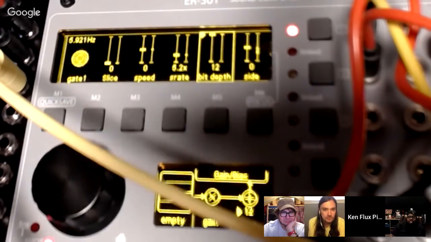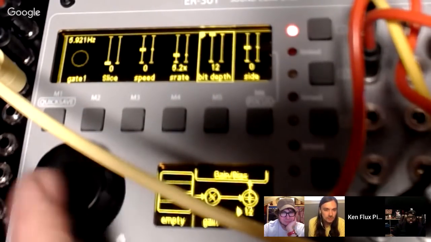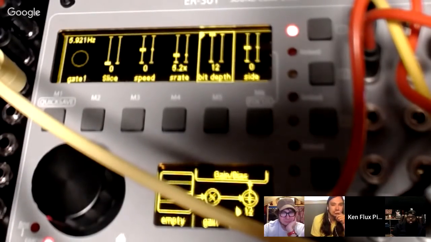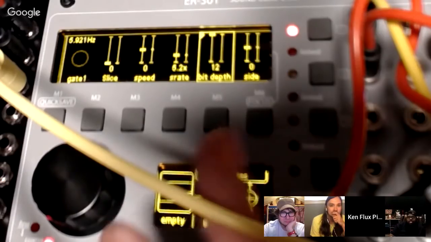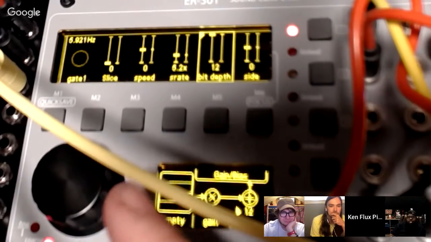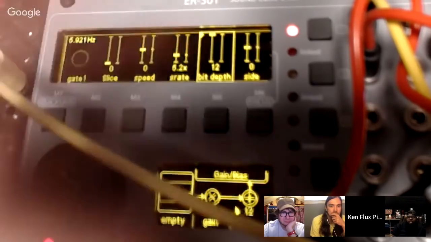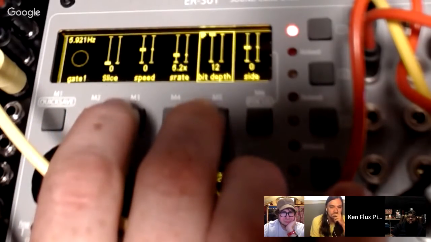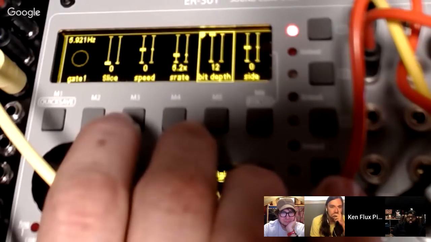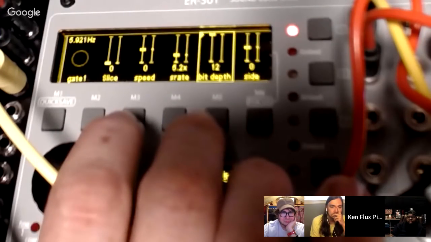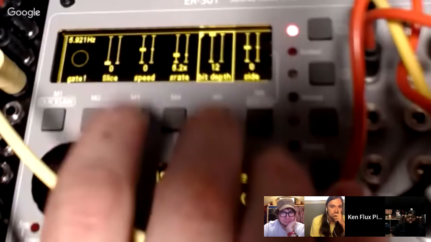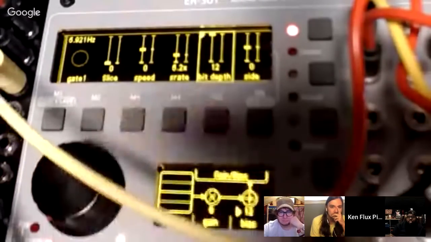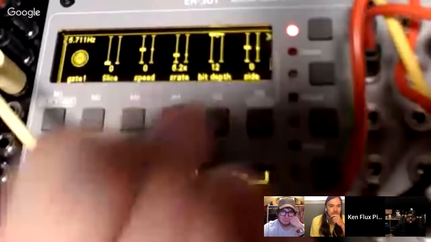And a nice thing about this is in the 301, you can choose what sort of interpolation you have. So for this, I'm basically using none, like drop sample, which is just like an SP12. So you can get that really grimy sound, or you can go to linear, or you can go to second order. So you can make it as clean or as dirty of a sampler as you want, which is pretty cool. And then, of course, bit depth is here, so we'll do this.